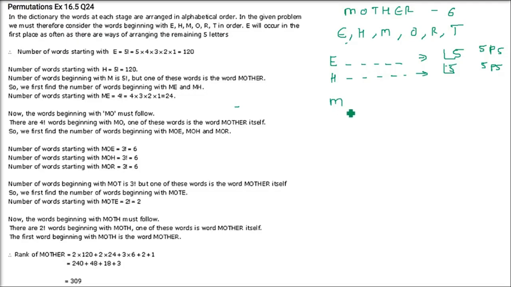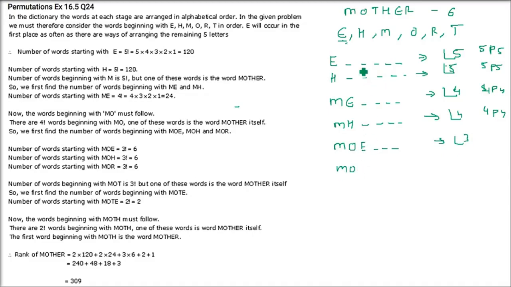Now you have to concentrate here. Now you have to start with M. So for M, what will come with M? You see, lexicographically E will come. So 4 positions are there, so the formation is factorial 4, 4P4. ME. Now coming to MH. Again factorial 4 will come, because after E, H will come. Now MO will come. Here, in this MO only, you are going to MOTHER. MOTHER is MOTHER. So what will come with MO? First E will come. So 3 positions are there, factorial 3.